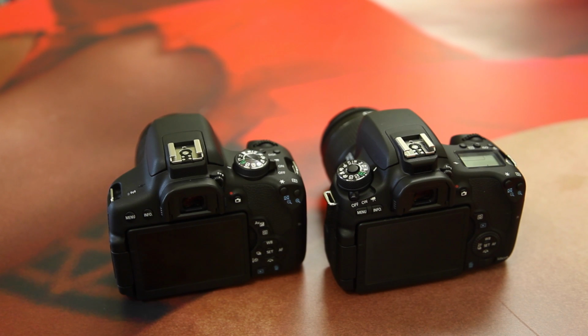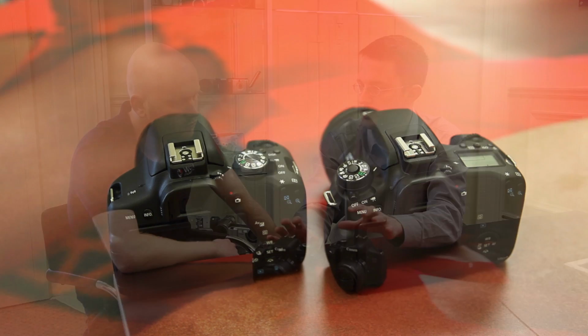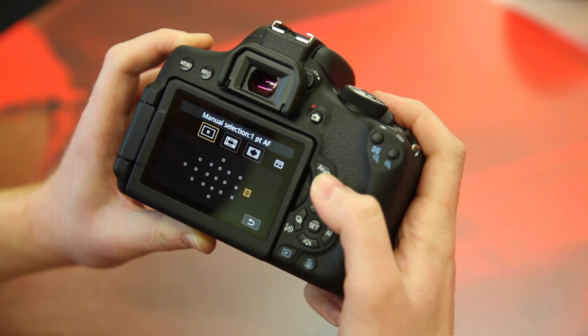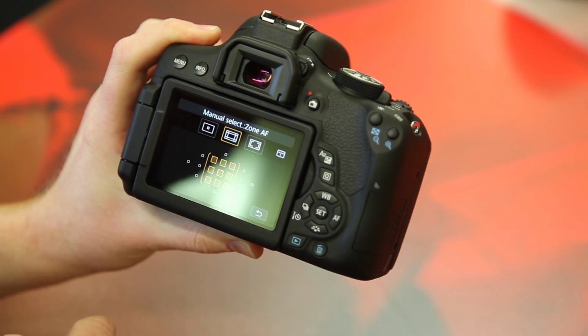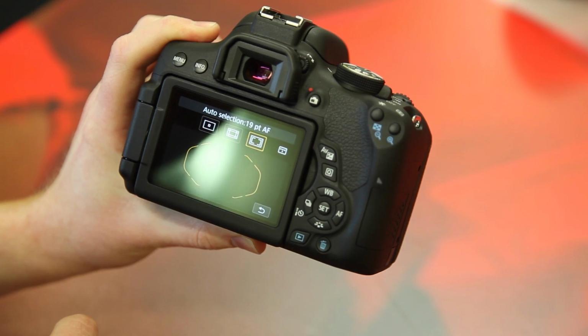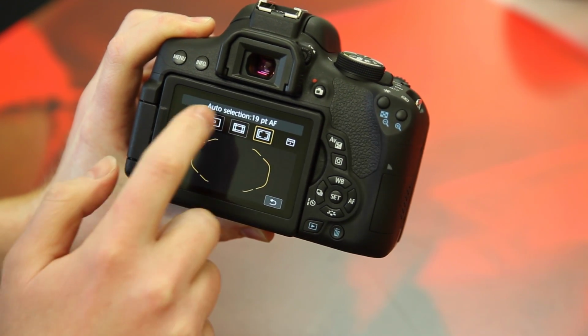So first of all, they've both got our brand new 24 million pixel sensor inside them. This is the highest resolution sensor we have on an APS-C size sensor camera. The great thing about this new sensor is that it gives you a new autofocus system as well, which is hybrid CMOS AF3, a really fast autofocus when you're shooting live view or when you're shooting movies. It's about 4.1 times faster than what we have in our 100D, so it's our fastest autofocus system at this level. They both run at 5 frames a second,